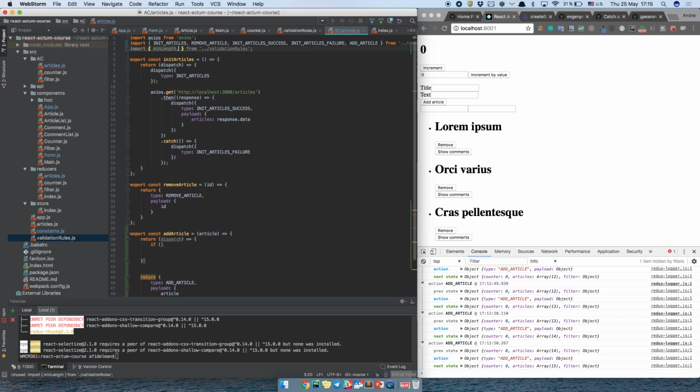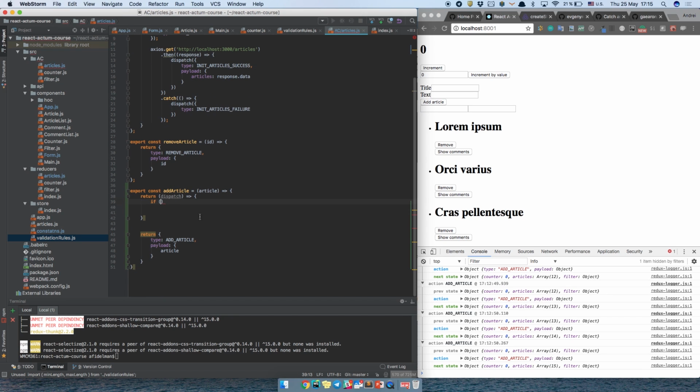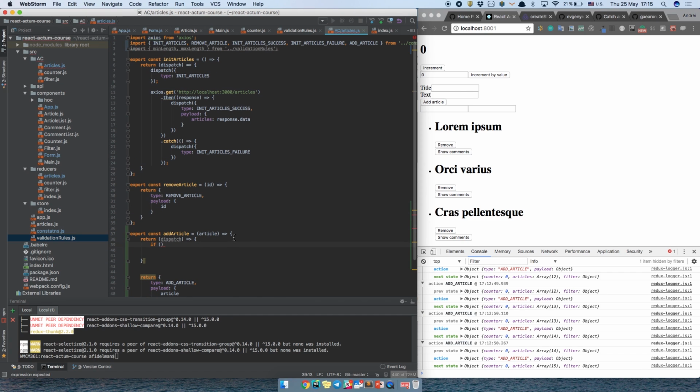We have min length and max length. If min length here, article title 5